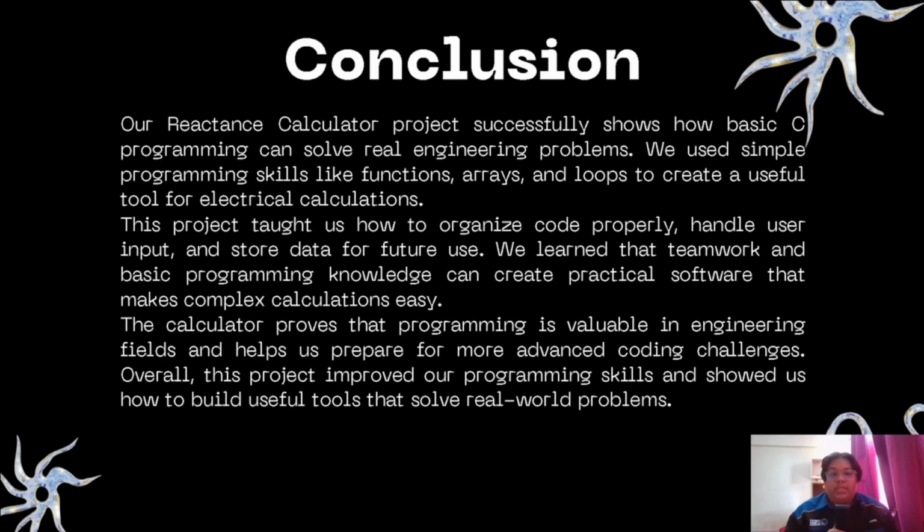Our reactance calculator project successfully show how basic C programming can solve real engineering problems. We use simple programming skill like function, arrays, and loop to create a useful tool for electrical calculations. This project taught us how to organize code properly, handle user input, and store data for future use. We learned that teamwork and basic programming knowledge can create practical software that make complex calculations easy. The calculator proved that programming is valuable in the engineering field and help us prepare for more advanced coding challenges. Overall, this project improved our programming skill and show us how to build useful tools that solve